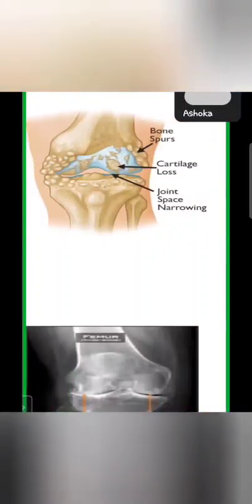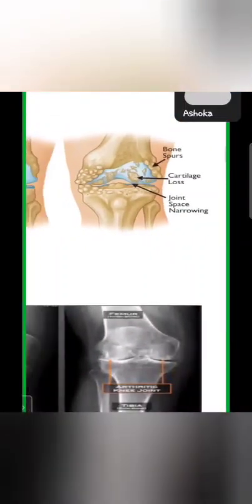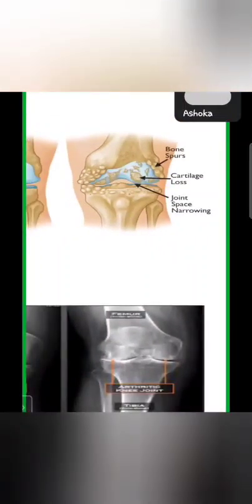So in damage, you can see how it is. Have you seen the bone spurs? Bone spurs are the same as the osteophytes that are produced by the chondrocytes. Are you getting it? In case it fails to repair the cartilage, you can see that the cartilage is being damaged, maybe because of repetitive injury. Maybe the other causes that we talked about,